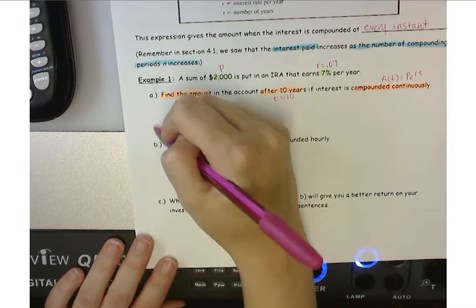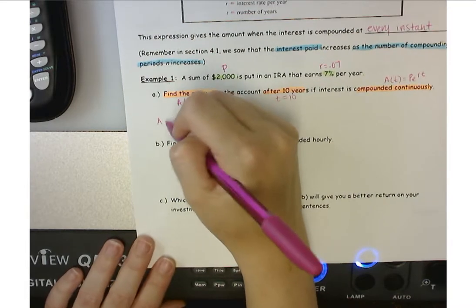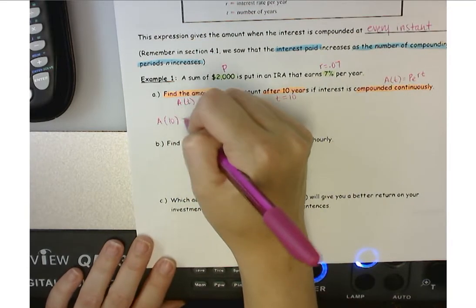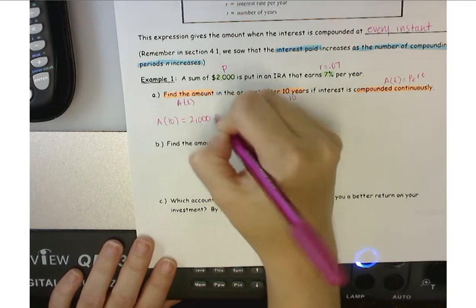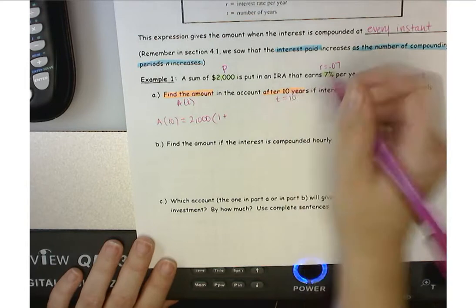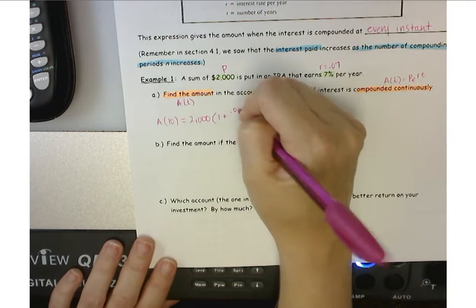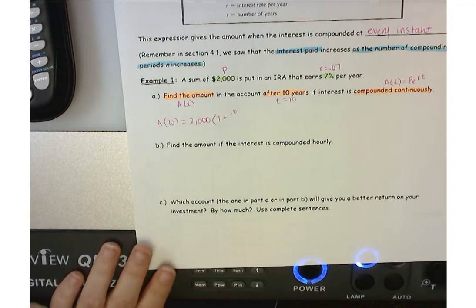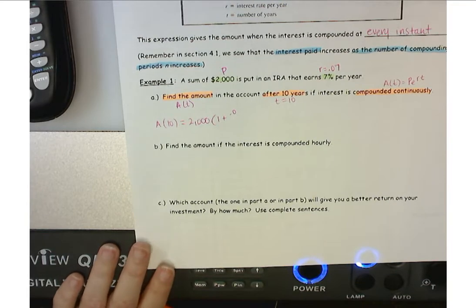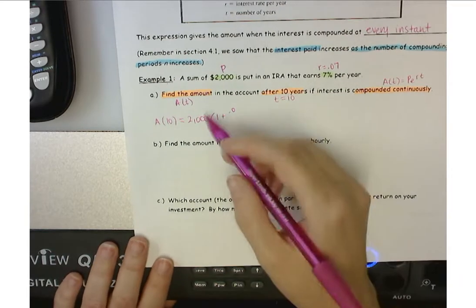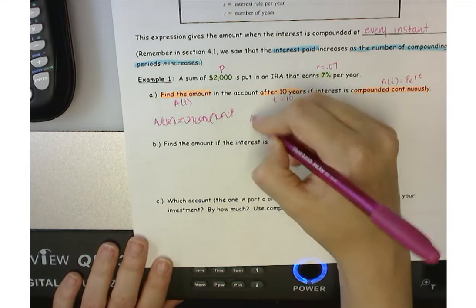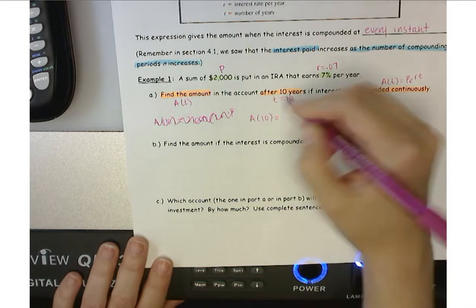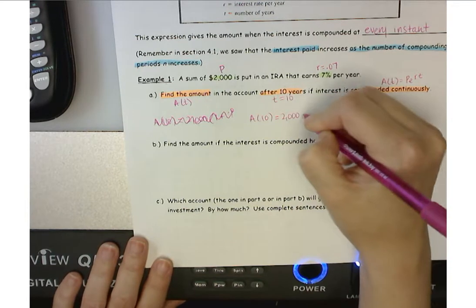All right, so then my A of t, or my A of 10, because that's my years, is going to be my principal, 2,000, 1 plus, my rate is 0.0, oh, sorry, what am I doing wrong? Yeah, that's your regular interest, right? So I have to do P, and then it would be times E. So my A of 10 is going to be 2,000 E to the power of